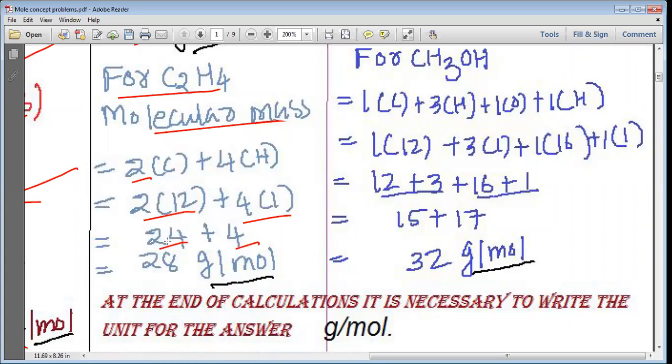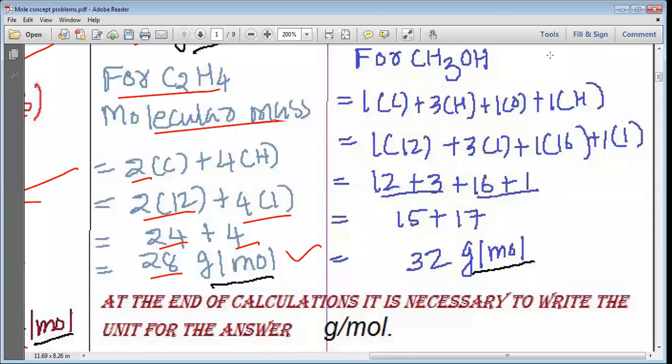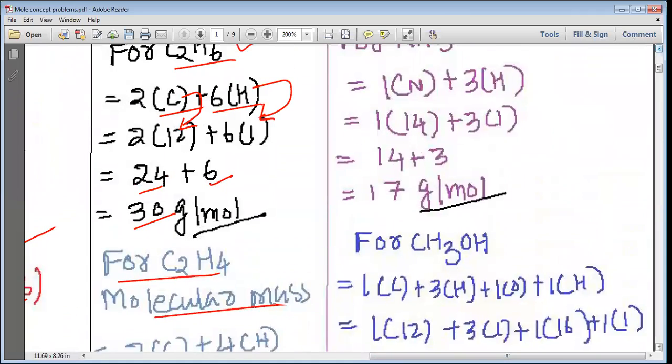So finally 24 plus 4 gives us 28 gram per mole. And this is how, my dear students, we can understand the molecular mass for ethene is 28 gram per mole. It's very easy for us to understand. I'm giving you enough practice so that you can